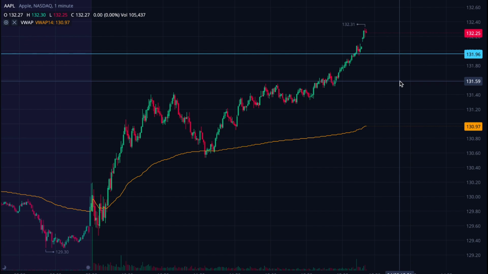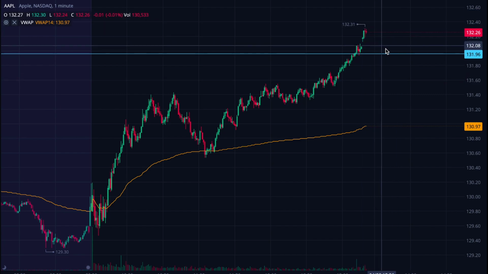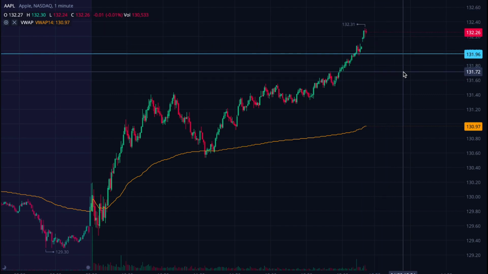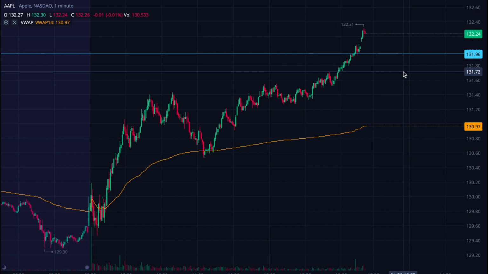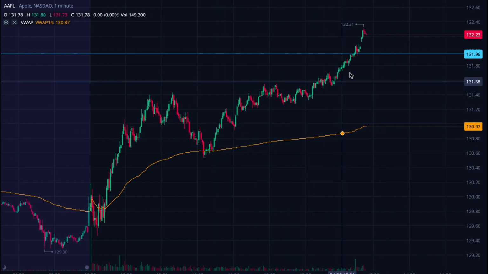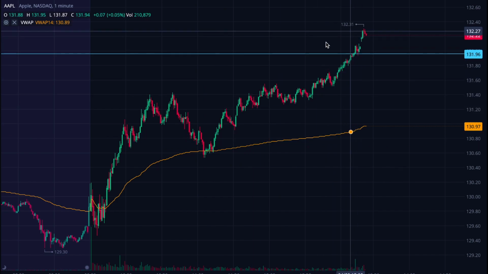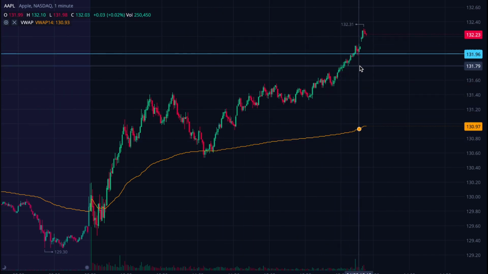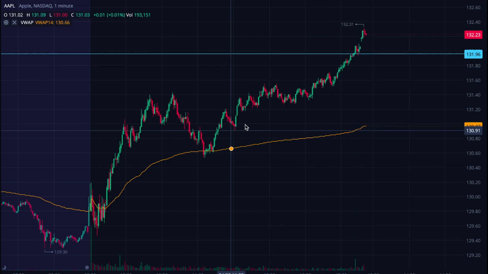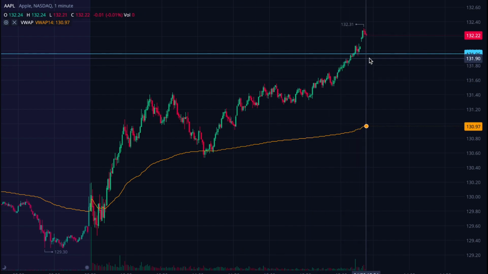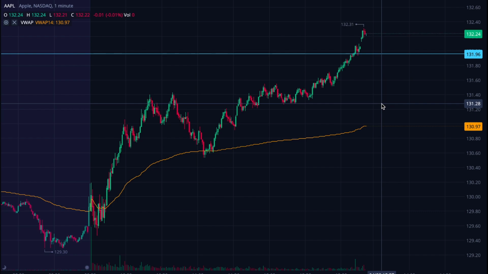And that could give you one of two things. You could say, okay, I'm going to sell out now and lock in my profit because I'm assuming it's going to drop down to the VWAP. Or if you don't have a position and you've been watching this take place, or maybe you're just starting to see it now and you're like, crap, I missed all of this really good run, you could say, okay, if it comes down to the VWAP and bounces off of it as support, then that could give me a good